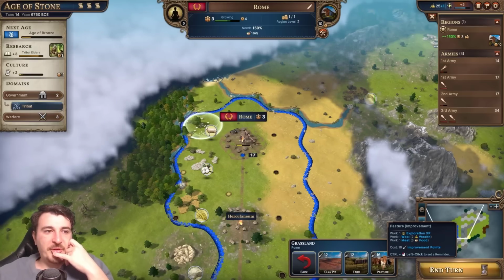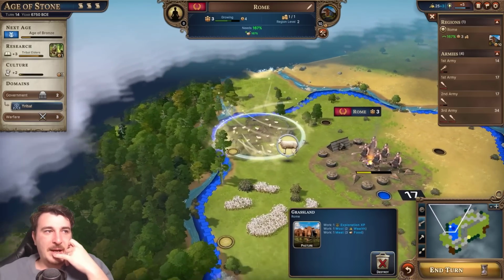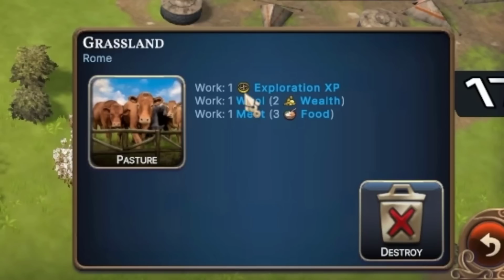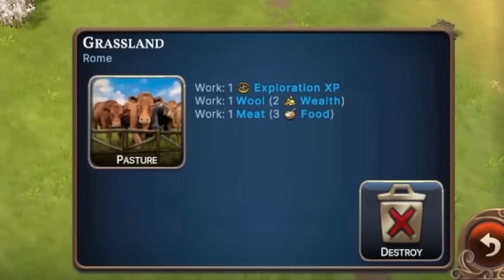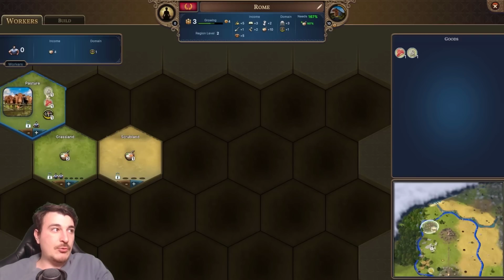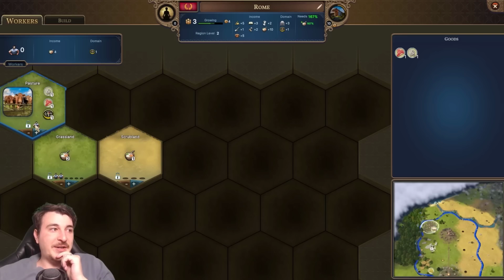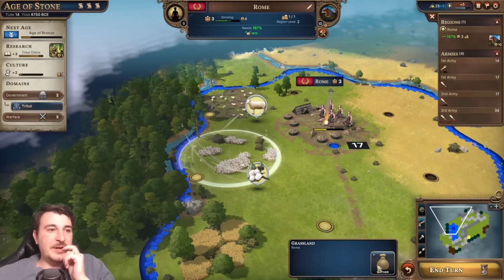I'm going to start an improvement here, and I'm going to be turning this tile into a sheep farm, I assume, right? Then we get meat and wool from this particular tile, so we can go back to Rome, and we can make sure that we have one of our pops assigned here. We do have actually one pop assigned. That is perfect. Do we have enough points to...